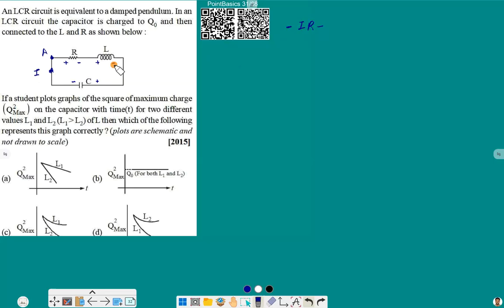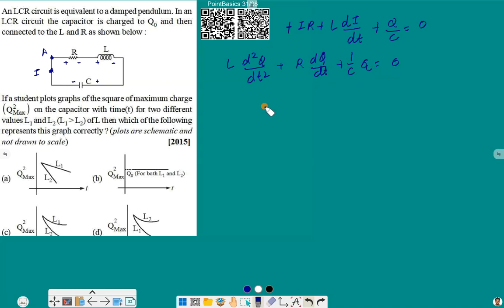Then again positive to negative, the potential drop across the inductor is L di by dt, and then again positive to negative for the capacitor, where the potential drop is q by c. So q by c should be 0. I can take the negative sign common, so they become positive, and I can write dq by dt, so it will be L d square q by dt square plus R dq by dt plus 1 by c of q